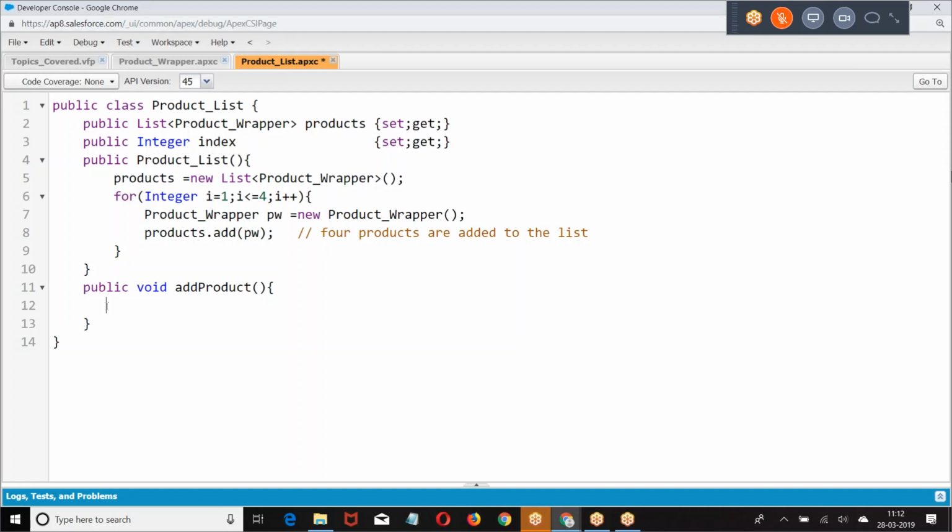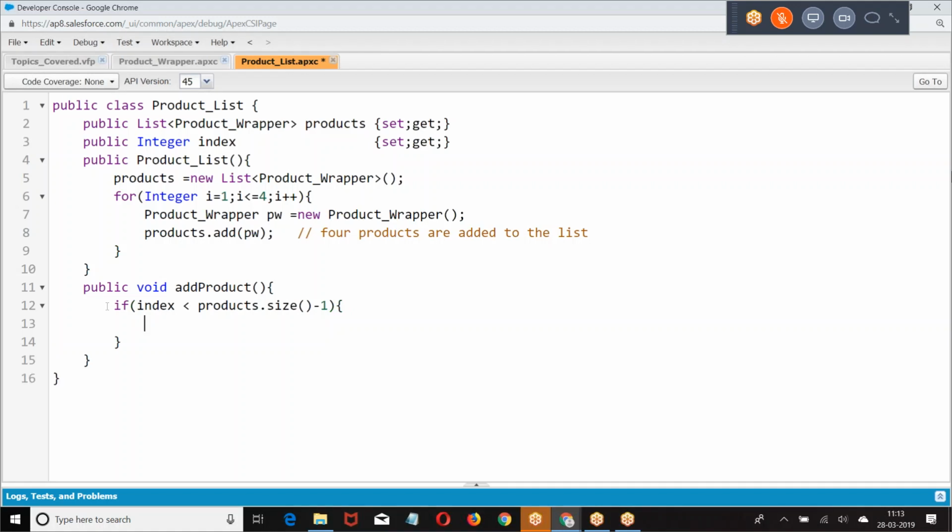Then I am checking here. If index is less than size minus 1.